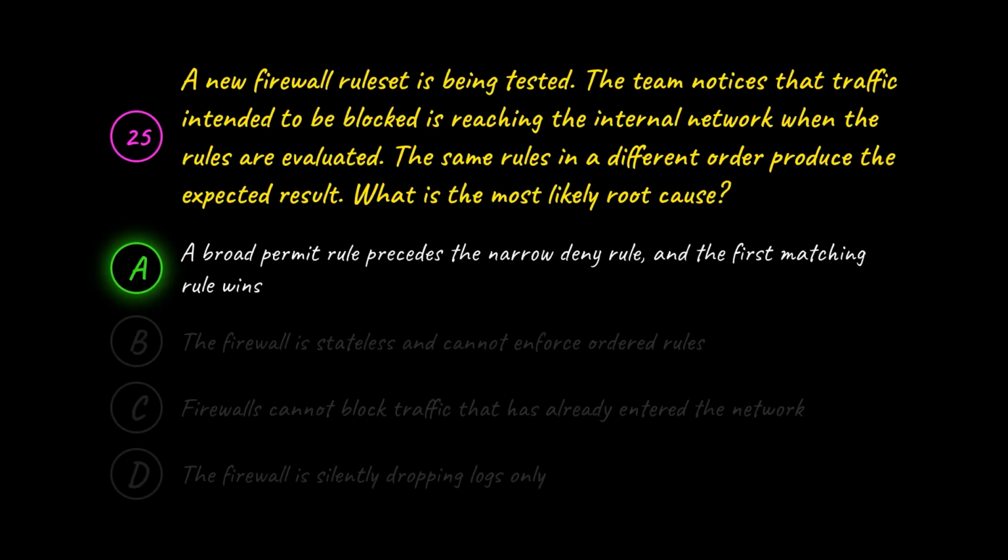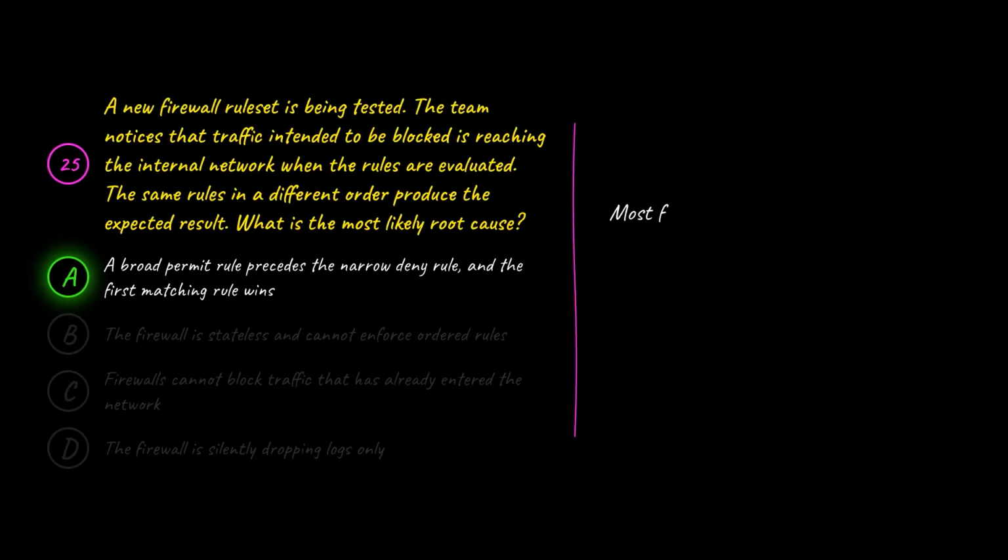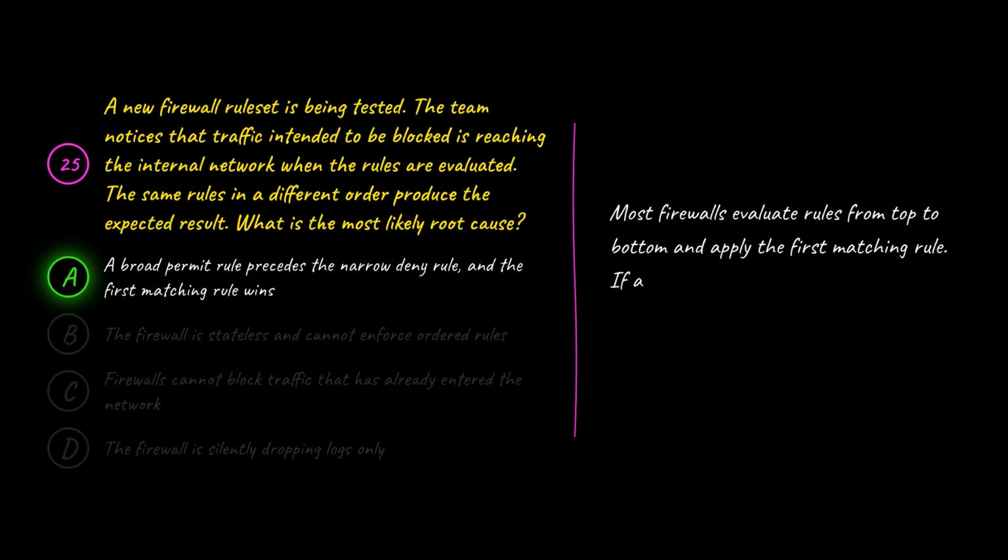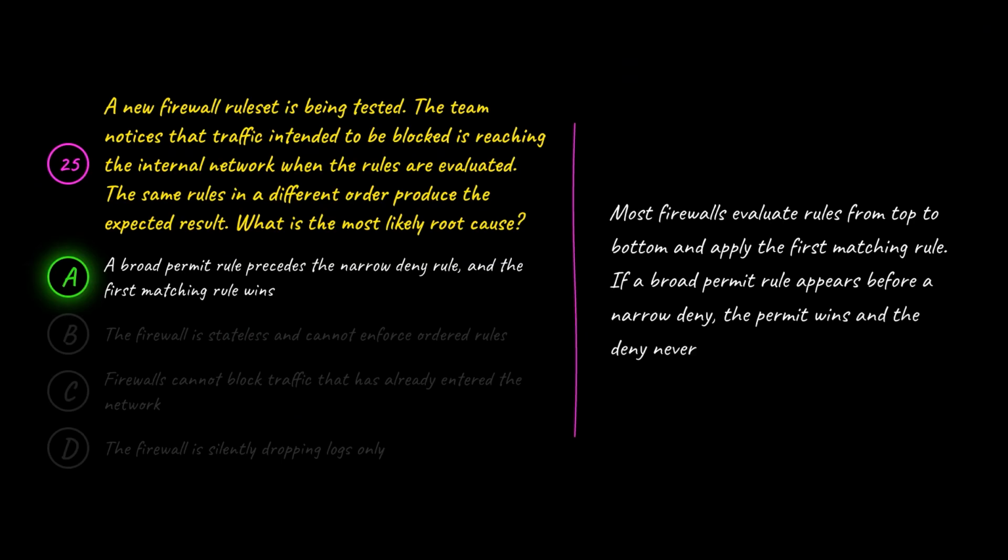The correct answer is A. A broad permit rule precedes the narrow deny rule, and the first matching rule wins. A is correct because most firewalls evaluate rules from top to bottom and apply the first matching rule. If a broad permit rule appears before a narrow deny, the permit wins and the deny never fires, allowing unwanted